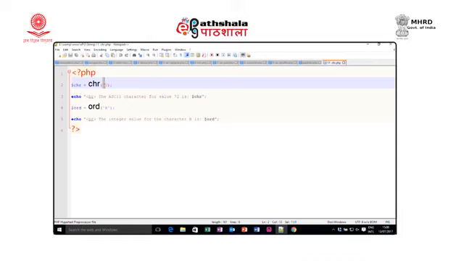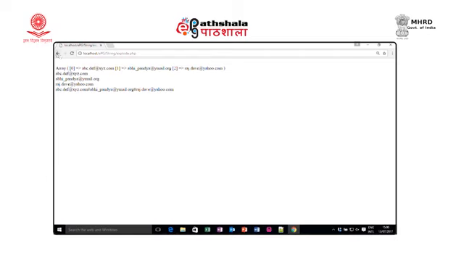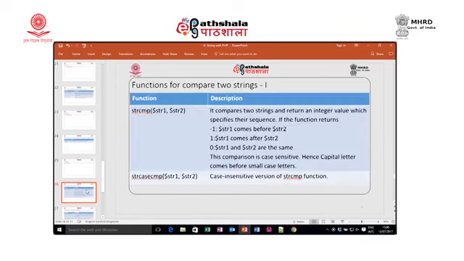So, we know that the ASCII character for value 72 is h, and in the reverse if I provide h, it will return the ASCII value, which is this one. The ASCII character for value 72 is h, and the integer value for character h is 72.